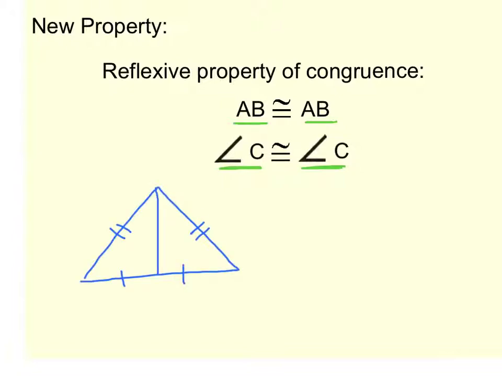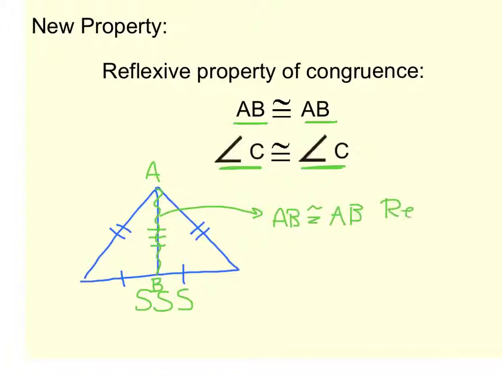For example, I might have two triangles, and I might know that two sides of the one triangle were congruent to two sides of the other triangle. If they shared this third side, then that side has to be congruent to itself and could form the third piece so that we could say the triangles were congruent by side-side-side. So I would justify this in my proof by saying that side AB was congruent to itself using the reflexive